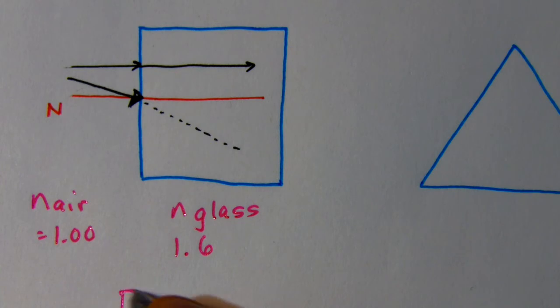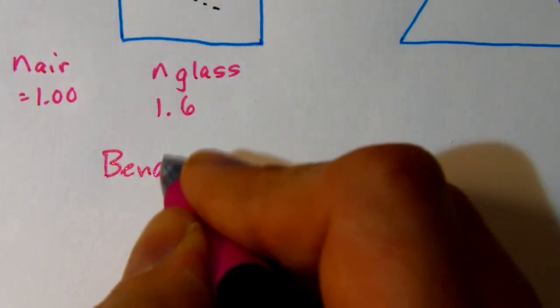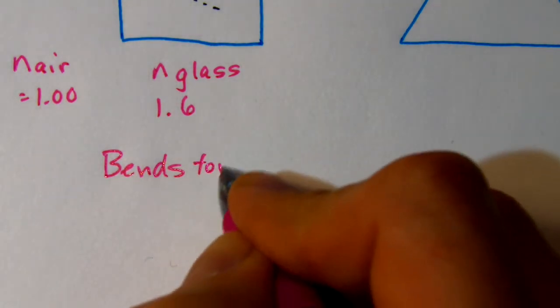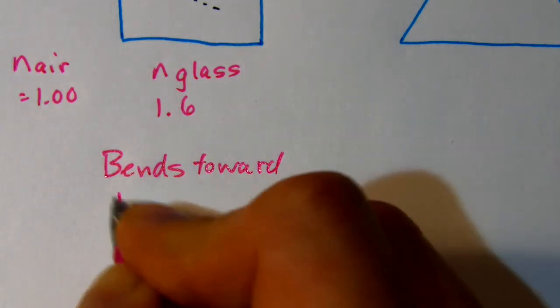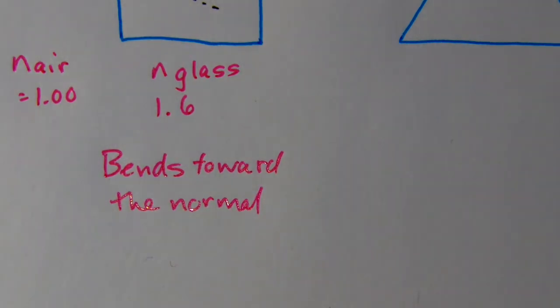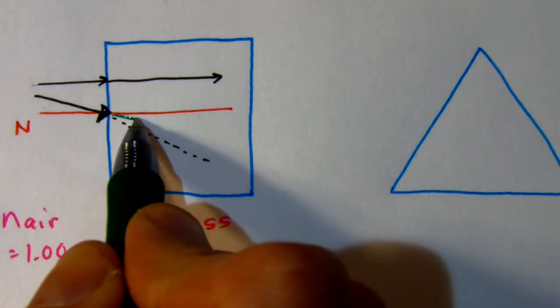So when you go from less dense medium, it bends towards the normal. And this is one of those things you have to just get used to. So instead of going on a straight line path, I want to use a different color. We would say that it bends toward the normal,